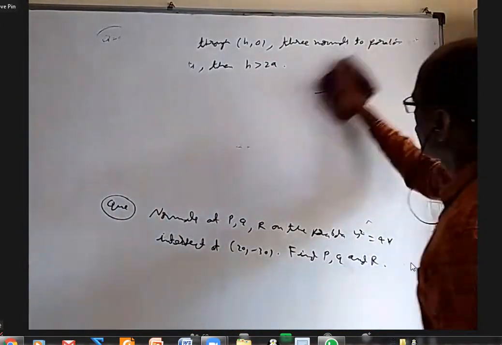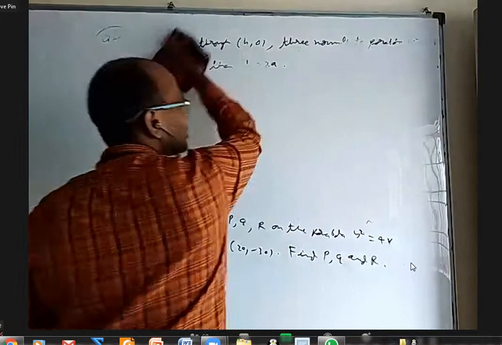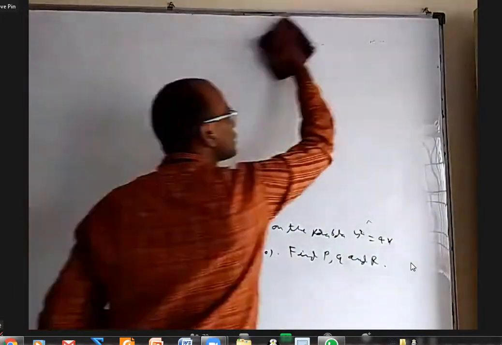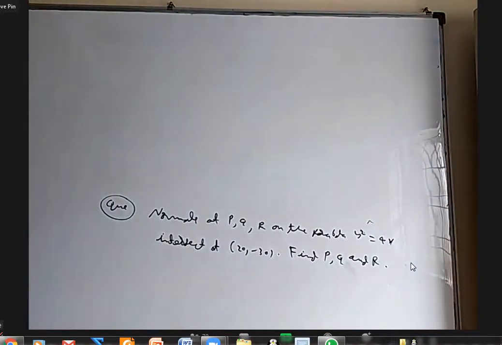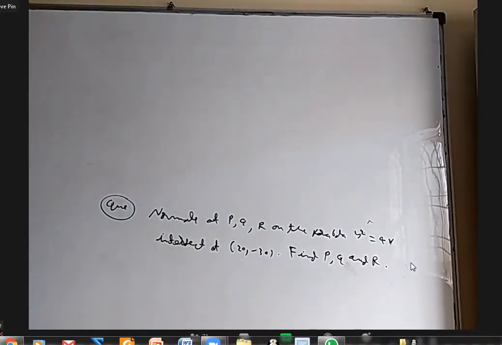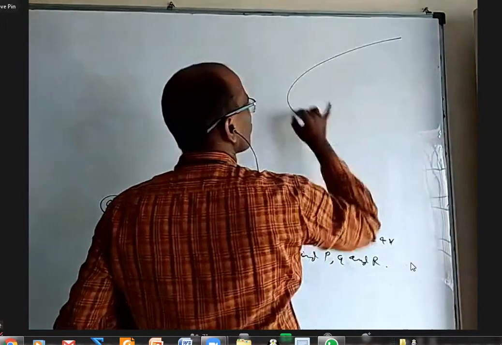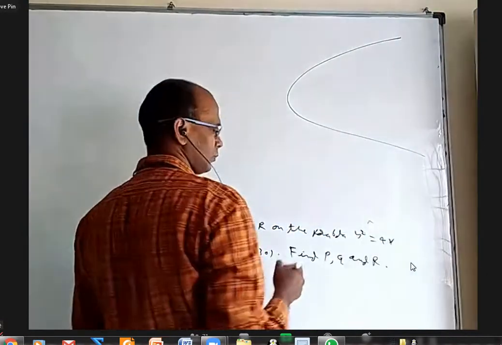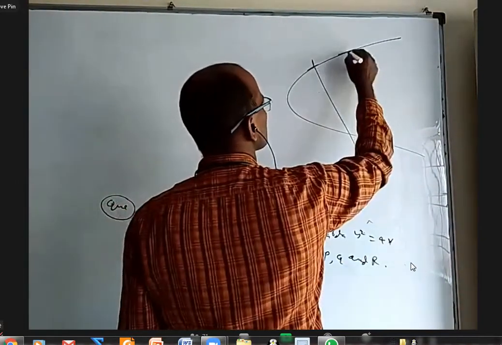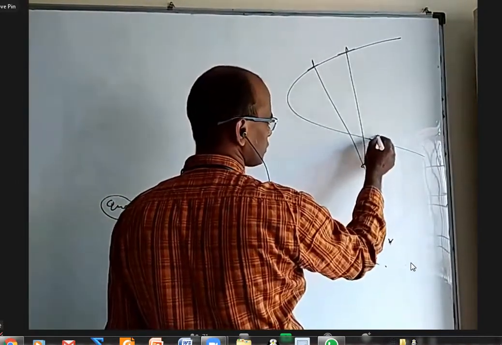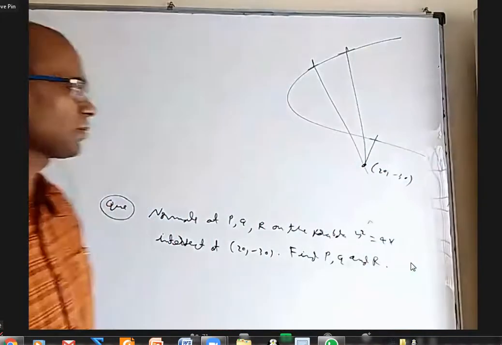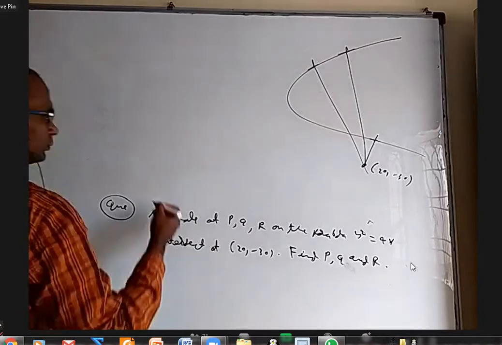Simply take the general normal. Take that P as at square comma 2at, normal there. Substitute the point. We'll get a cubic equation and you have to solve that. Okay, so somewhere normal here, somewhere normal here, and somewhere normal here. 20 comma minus 30. It may be inside the parabola, outside the parabola, I don't care.